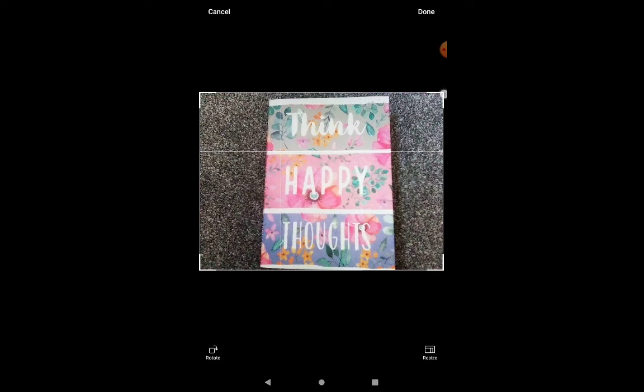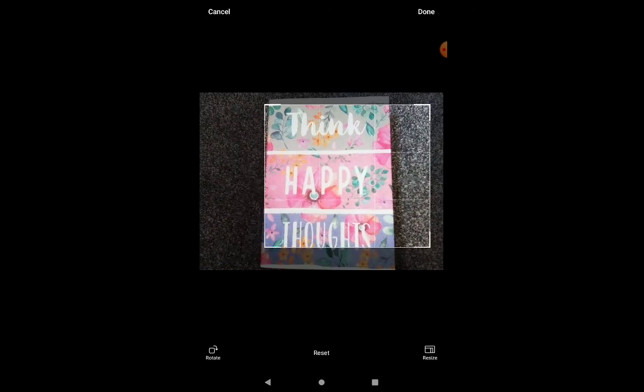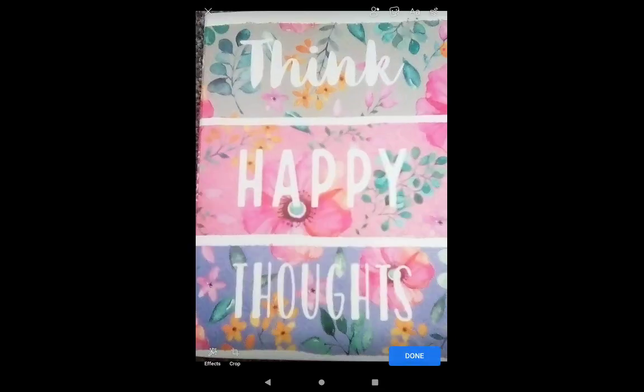If I put my finger on the white corner and drag it in, you can see how I can make that photo smaller, and bring it down, and I've virtually cropped out the background there. If I'm happy with it, I can click done at the top. If I tap on done, you will see I've got rid of the carpet behind, and it's made it way bigger than it was.